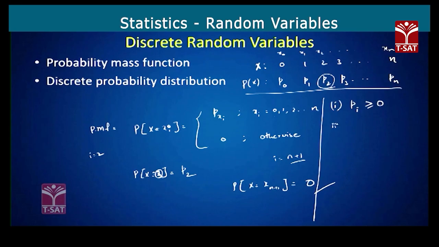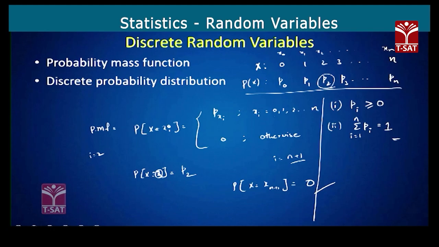In the second property, when you add all the Pi's, where i takes values from 1 to n, it must be equal to 1. So these are the 2 properties you have to remember. Next,